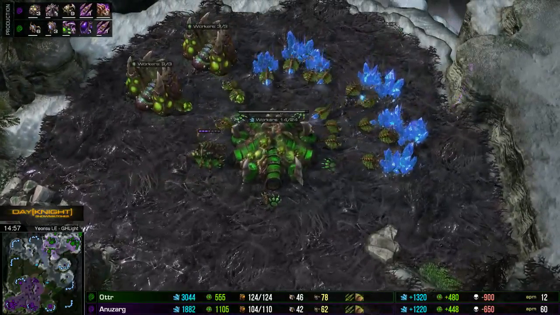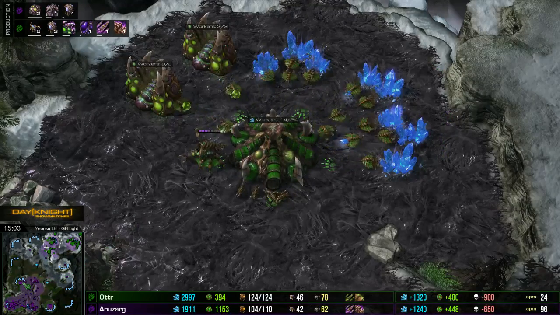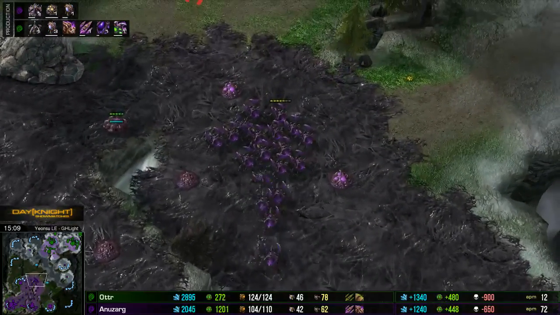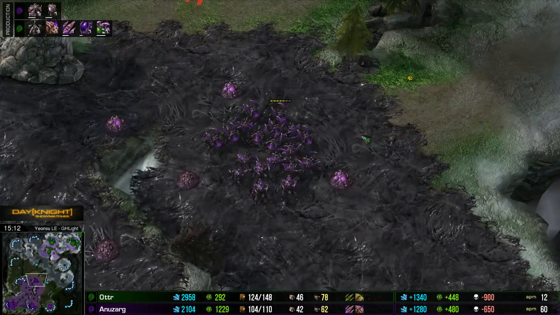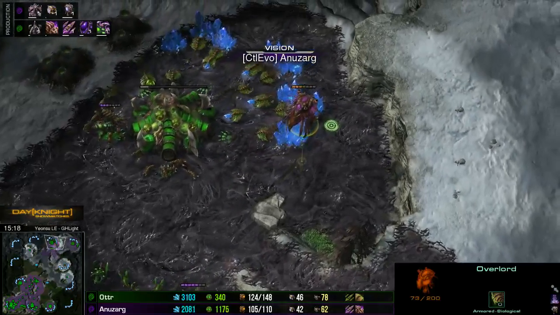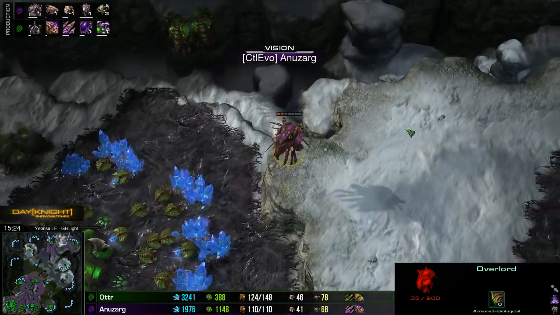Oh, definitely. Especially given how supply blocked Otter is, it may not matter. Yes. But especially with a ground army, it's so hard to cover the distance to defend both of these at the same time. All right, so Overlord getting a little peek on things, still sees that there's a set, sees